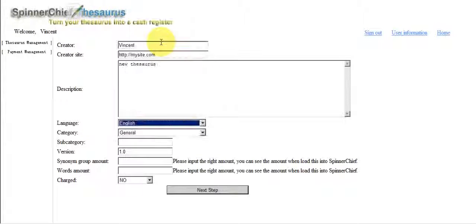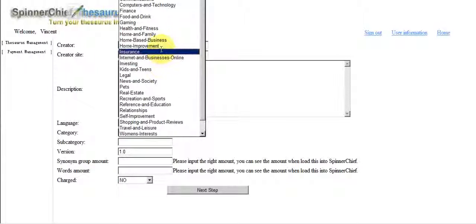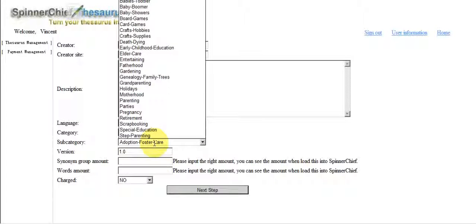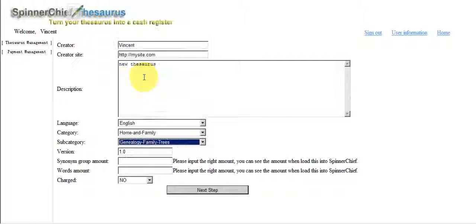And you put the language, English. Now let's give it a category. Let's call it that. And then that.